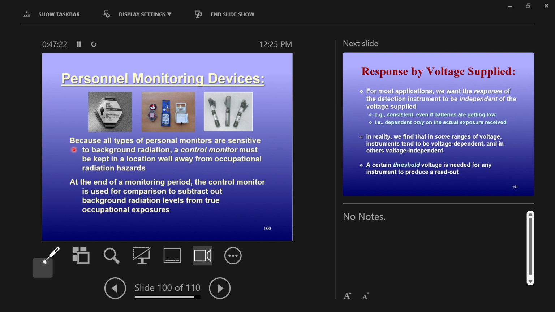This badge will be shipped in the box with all the other badges. It will not be dispensed to an employee or a student, and it will stay in this box. And when we send these badges back to the company, this badge will have some radiation on it from natural background. So what they'll do is,